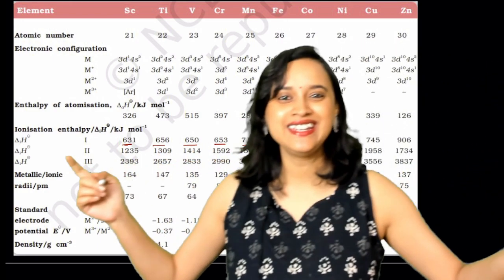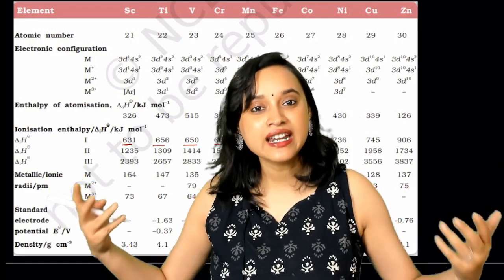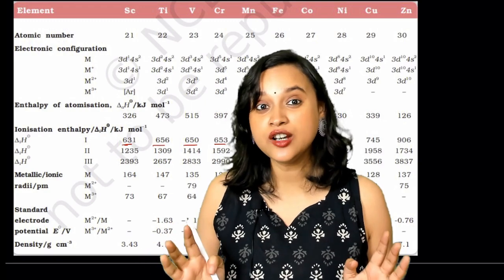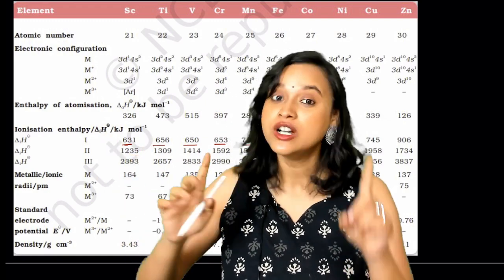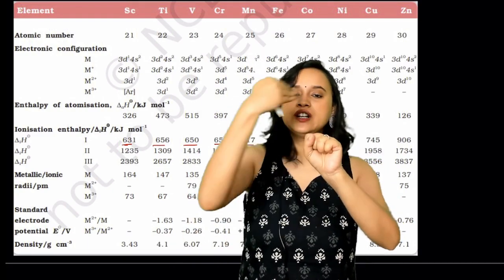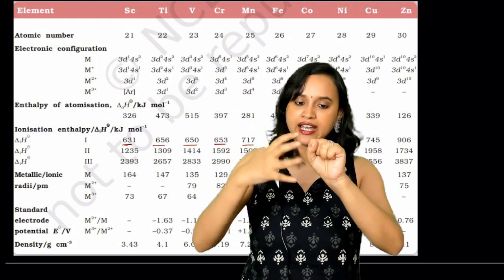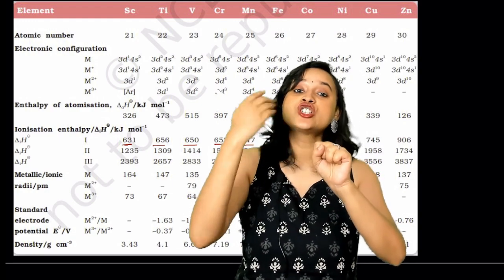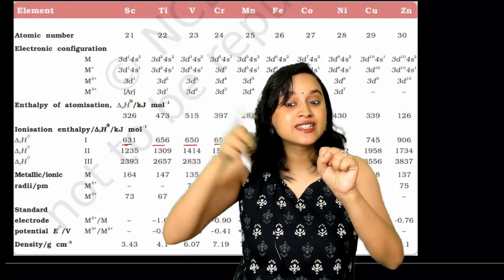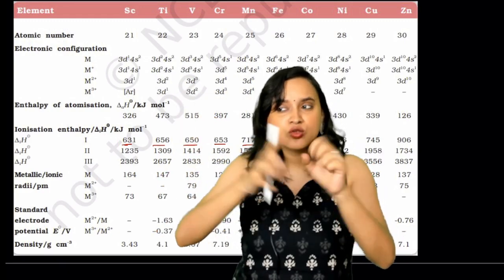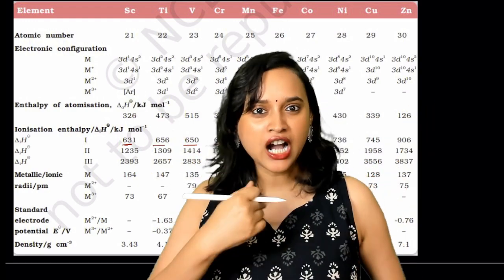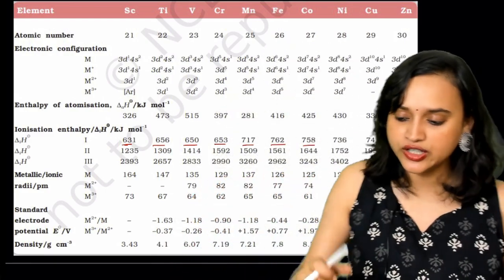Why? Atomic radius, and also the fully filled d orbital. That means the s electrons see a poor shielding effect from the d orbital. Now understand this. This is the nucleus, and you have a fully filled d orbital. The d orbitals are very poor shielders. So that means the s orbital electrons are seen by the nucleus, and the nucleus is going to hold them. The nucleus is like, no, I'm not allowing you to go away from my force of attraction. Get the point? So this is what is happening here.